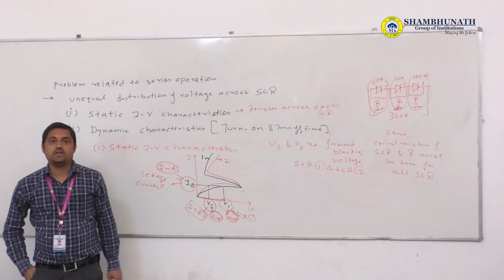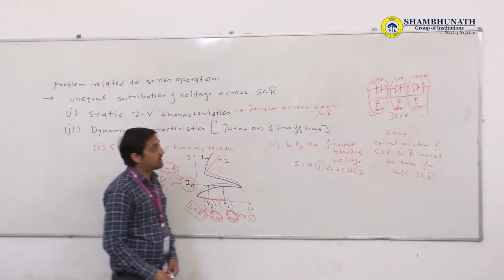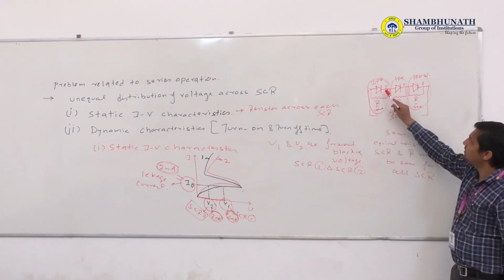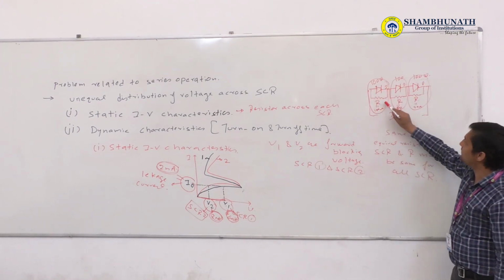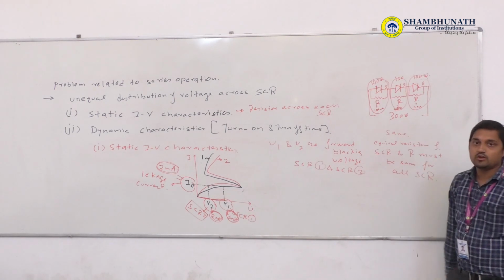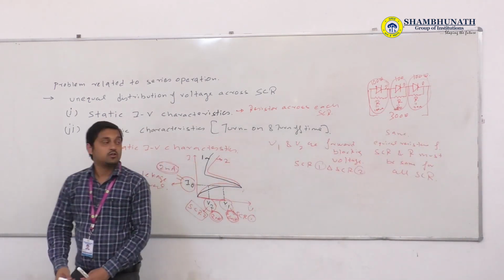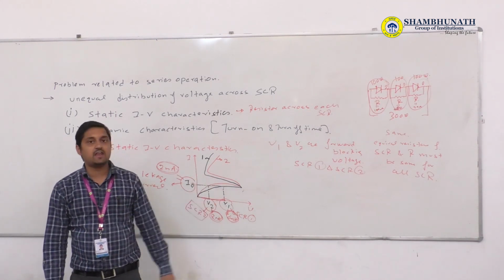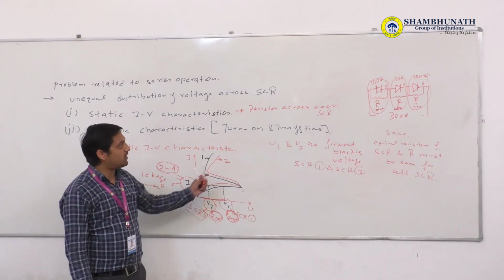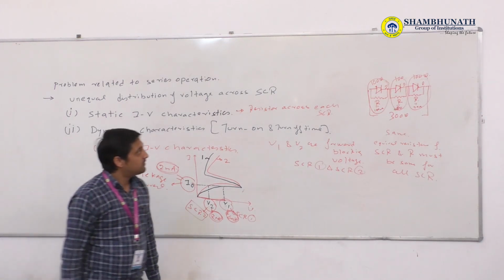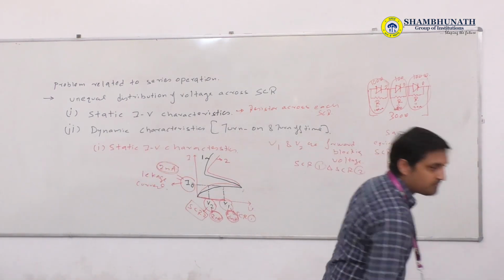But this cannot be achieved because we have to analyze each and every SCR, and from this analysis select the value of the resistor, which is a time-taking and very difficult process. So we have to select an optimal resistance for this method. This optimal resistance can be calculated by